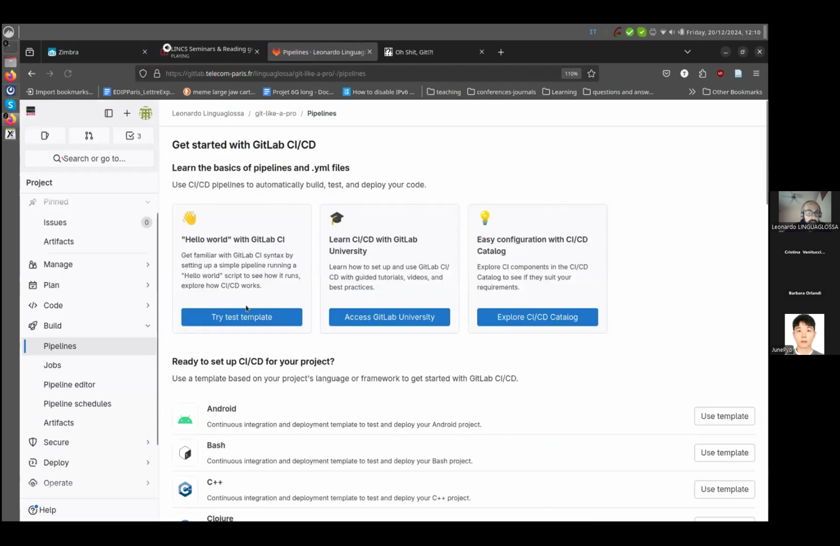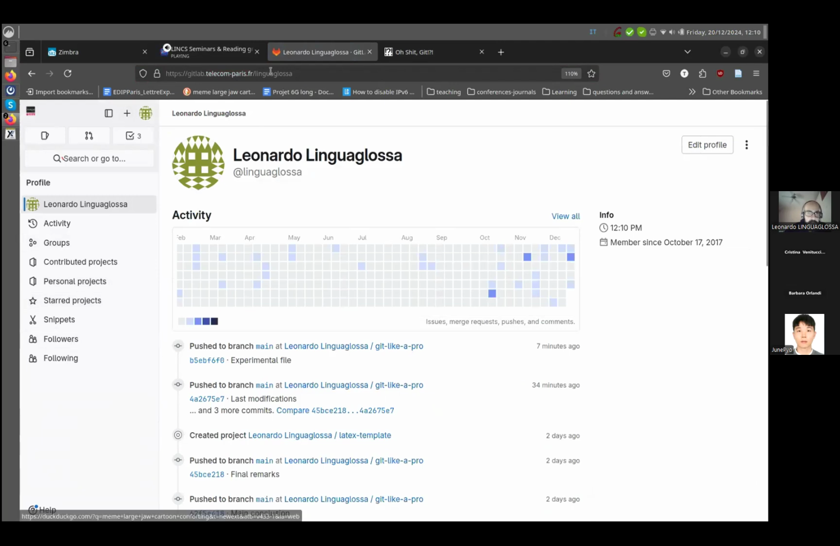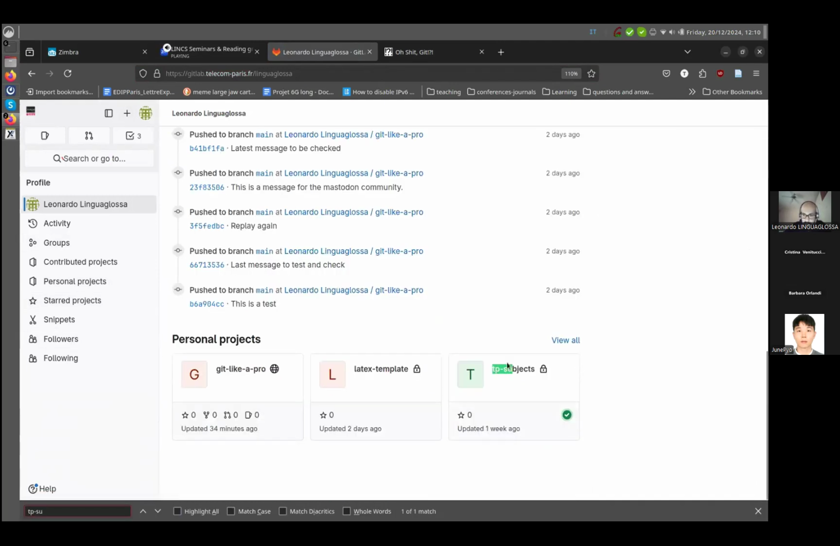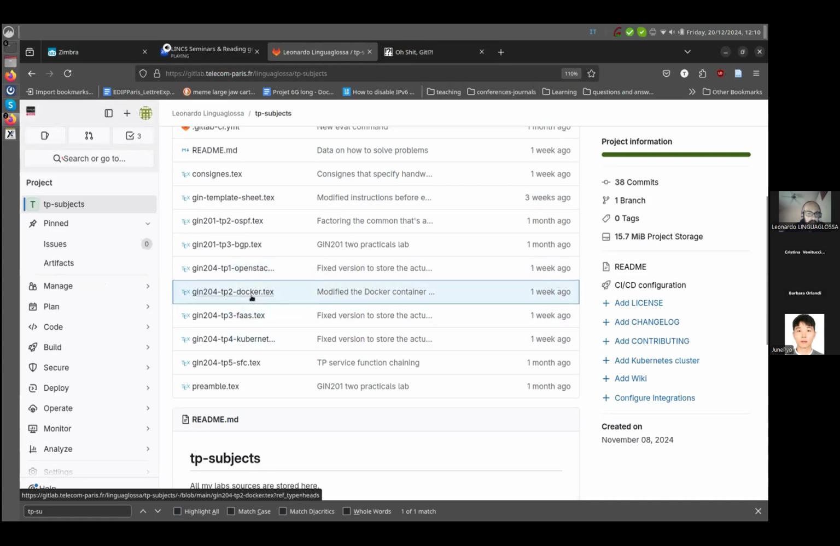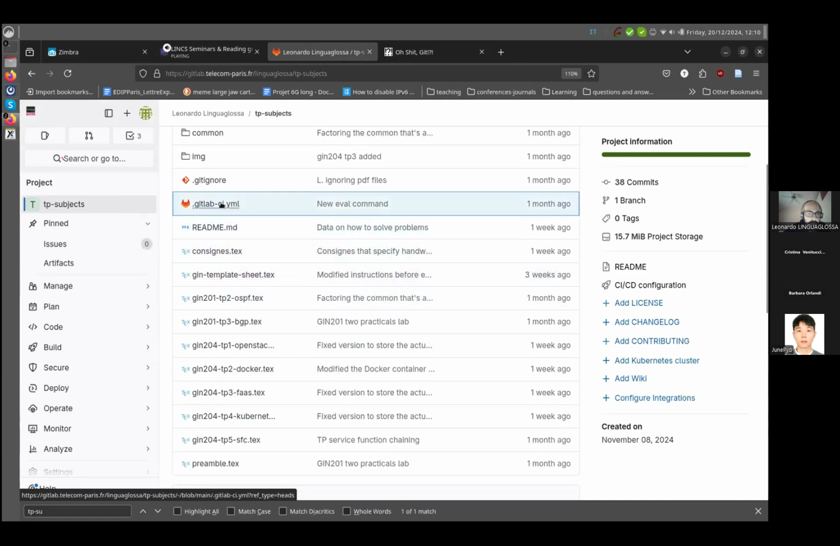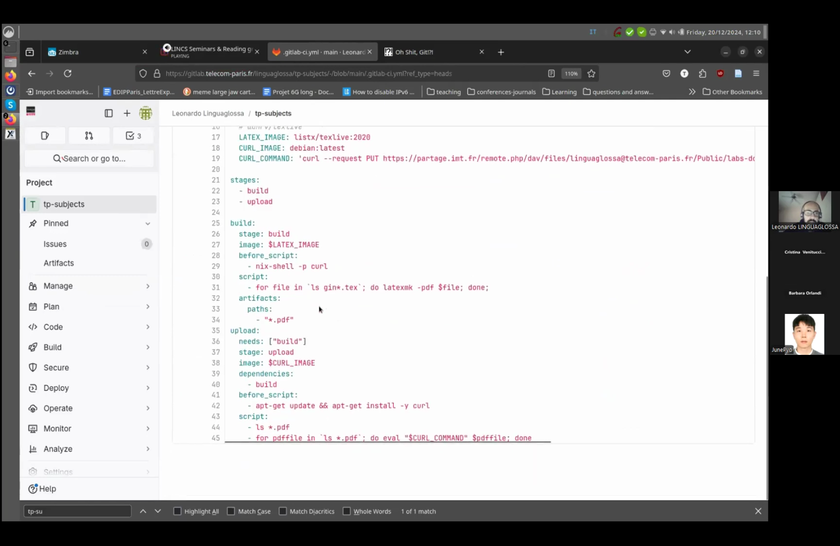Let me briefly show you my pipeline for my LaTeX things. So let me get the TP subjects. This is a private repository. In my private repository, I have all my templates for my labs, for my exams, etc. In my GitLab CI/CD, I have two stages: build and upload. For the build, I just build. I use LaTeX, with a script that I wrote for LaTeX. For the upload, I simply upload with cURL the specific files to the website, and the website is here, but the secret